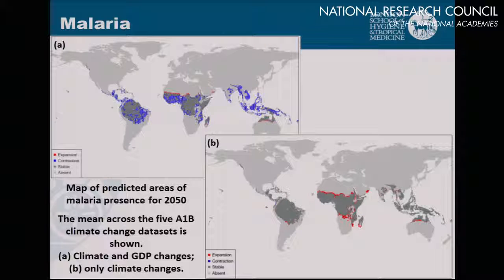And this is projections into the future. So the bottom one is with only climate change, which is what you might expect. It's this expansion at the fringes. So even with what we think is a global impact for malaria, the effects of climate change are actually very localized. So we don't have, in the way that the ecological models have global impacts where you can show global effects. That's not how the health system works, really.